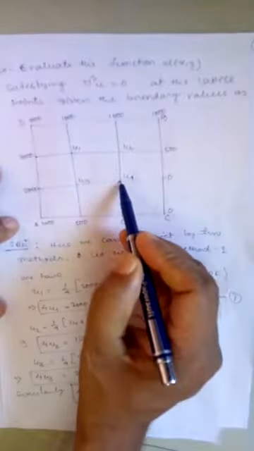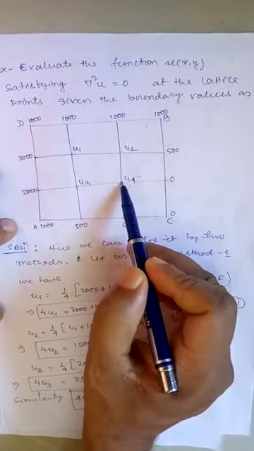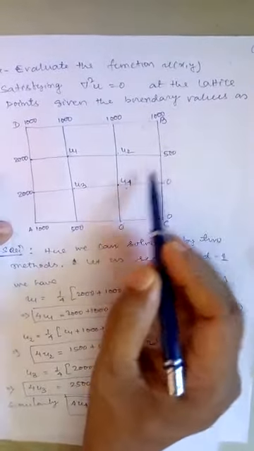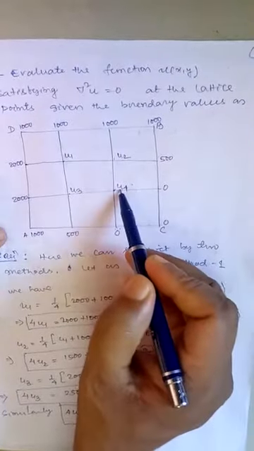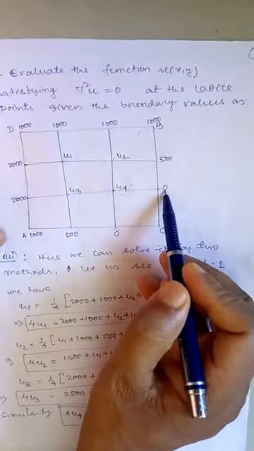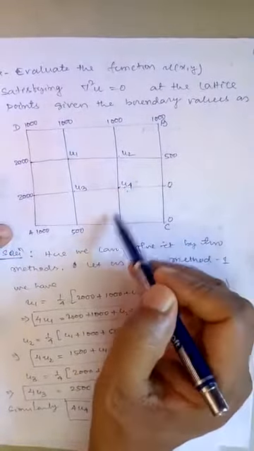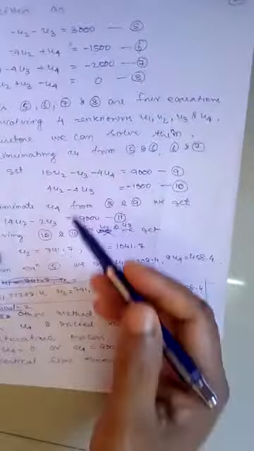So what you do here, suppose you want to consider u4, you consider u4 in such a manner that it will be close to these points. You can consider, suppose I consider 400, then also it is fine, or I can consider u4 equal to 0, that is also fine. So you have to consider this value seeing the nearby values, and then we can go for the iteration of the solution by using